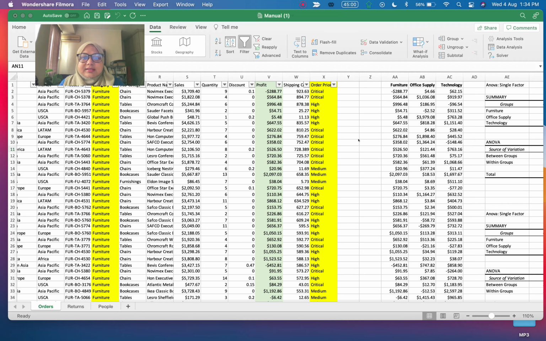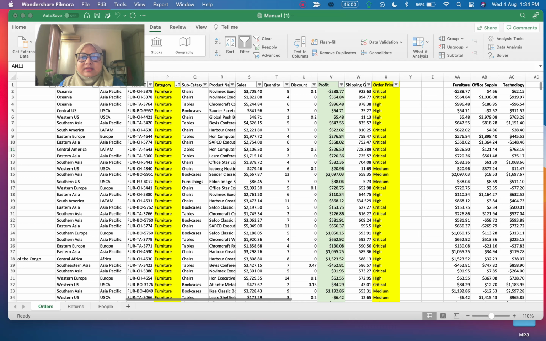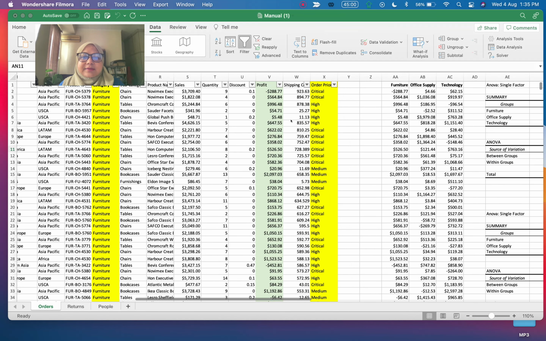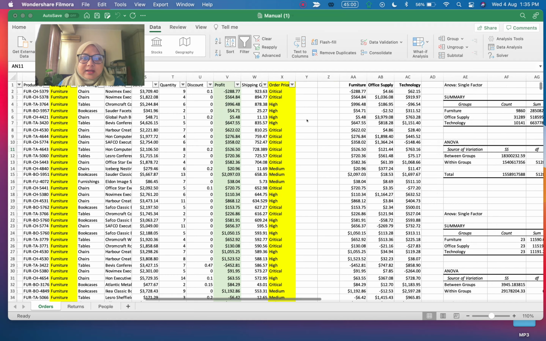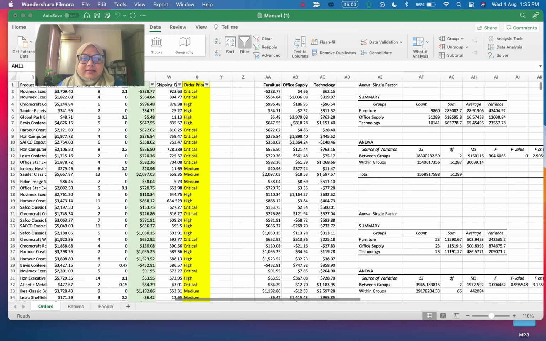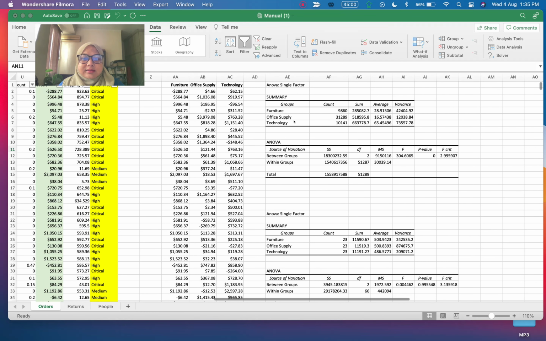How we're going to do this is I have to sort all of this by category: furniture, office supply, and technology. Since the factor that I'm considering is profit, we're using one-way, or single factor, ANOVA. After that, I have to arrange their profit and find the means. Since there's a lot of data here, we cannot use all of it, so I just sample a few of them, and I come up with this